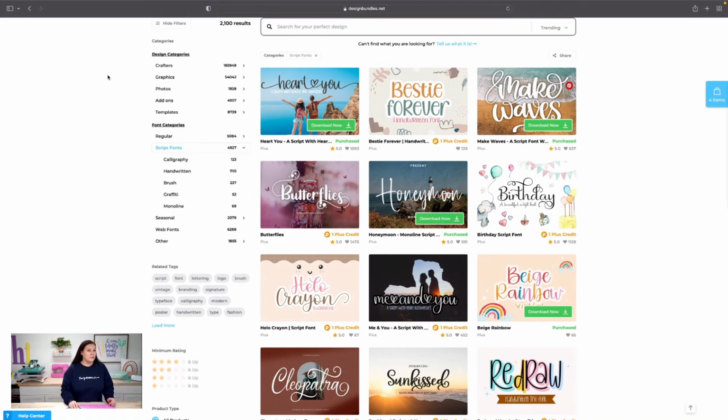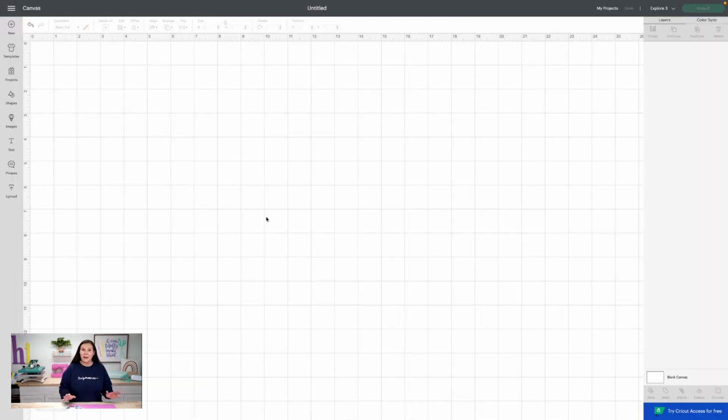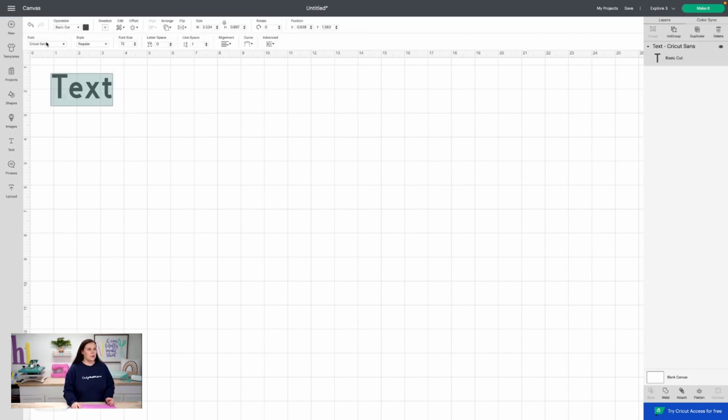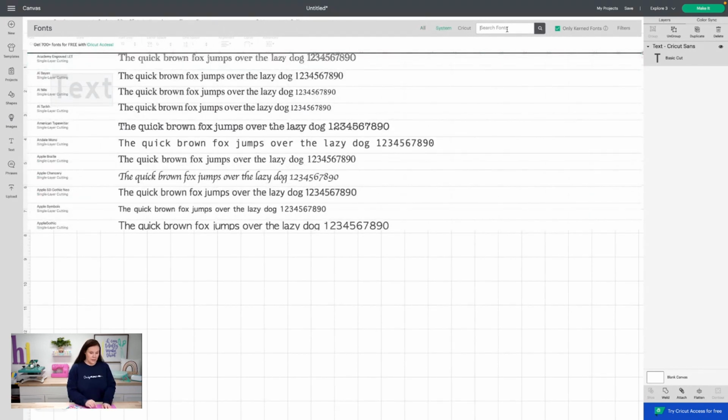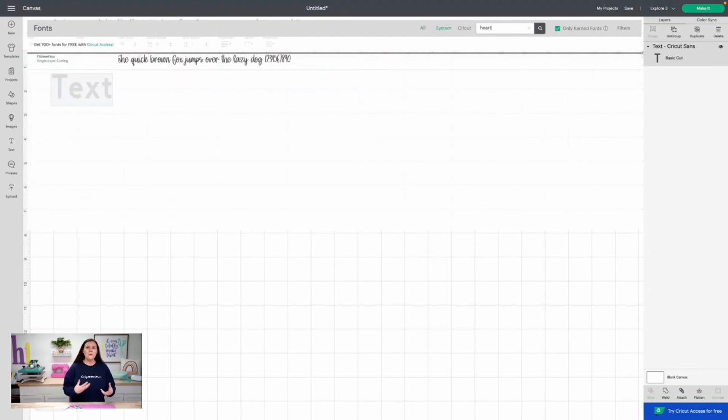So what we are going to do is head back on over to Cricut Design Space. All right, so now that we're over here in Cricut Design Space, I don't need to exit out or reload because this is a font that I've already had on my system for quite some time. So all I simply have to do is go to text. We're going to go to font here, and then I'm going to go to system first, and I'm going to type out heart. If you just type out a piece of the name of that font, it's going to pop up for you.